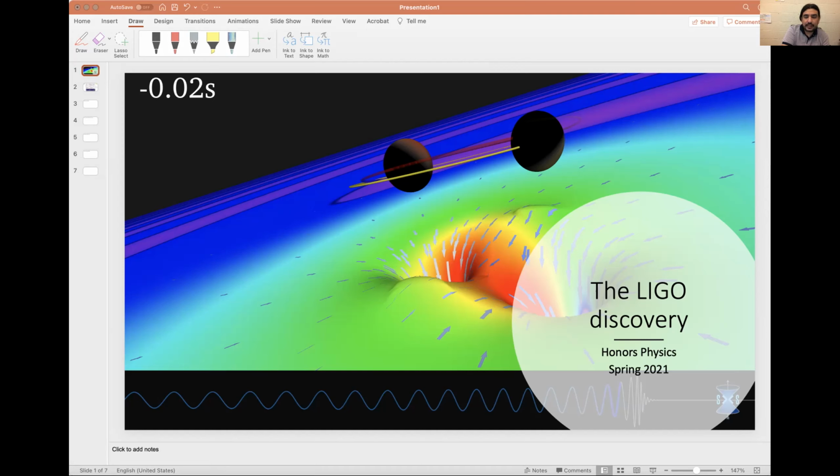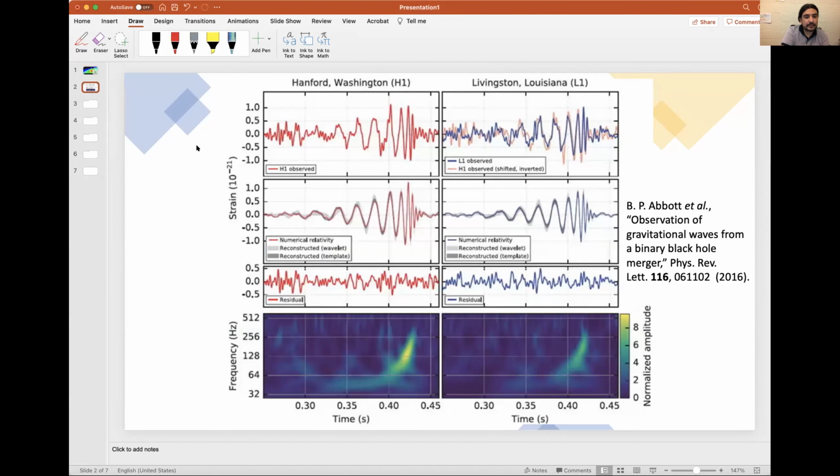And then the data tells us a lot about what happened. So let's look at the data. So this is a cartoon of it, and this is some data coming out of this. But the actual data looks like this. So here we see the figure from this particular article, Observation of Gravitational Waves from a Binary Black Hole Merger, published in 2016,